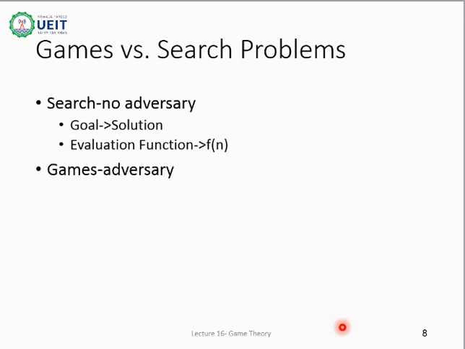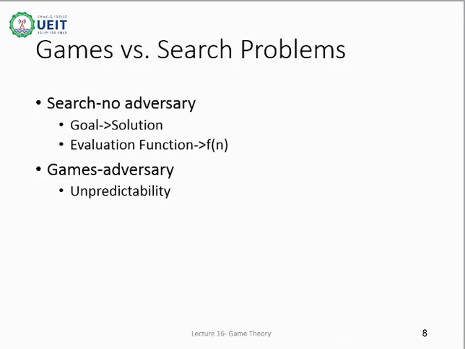Now let's focus on game theory. In games, we have an opponent or adversary against whom we have to play. This is the first difference. When there are multi-agent environments, then there is unpredictability. Unpredictability of the opponent means deciding what move to take, as the presence of another player introduces a kind of uncertainty.